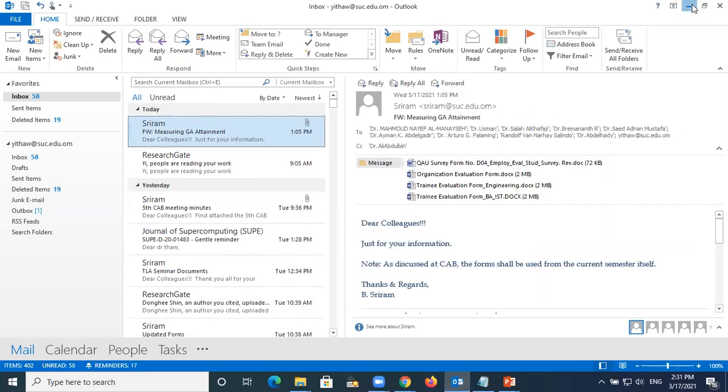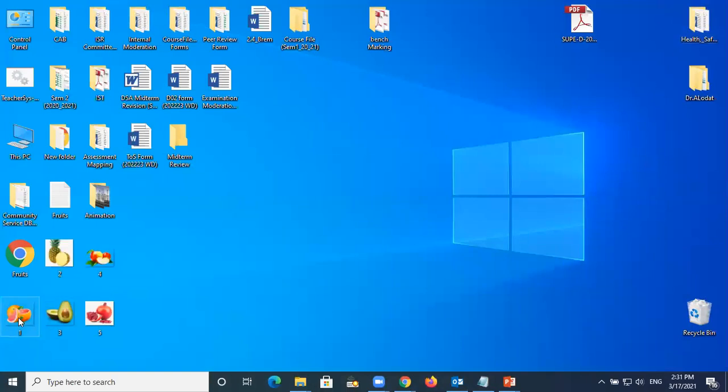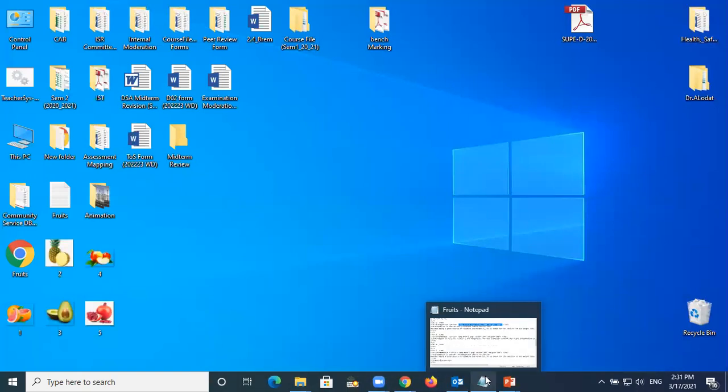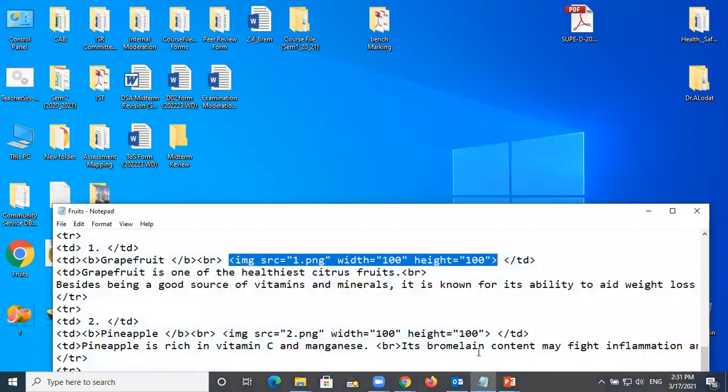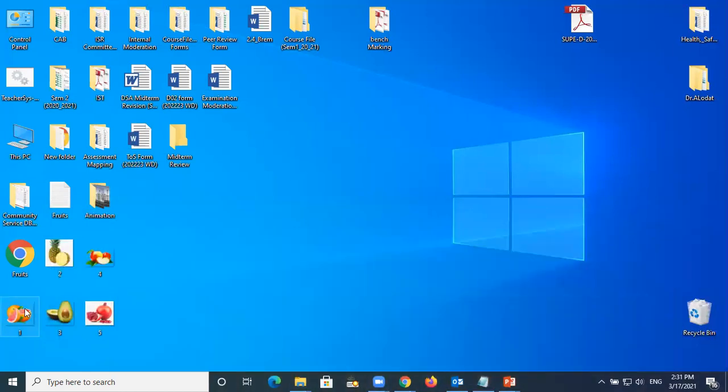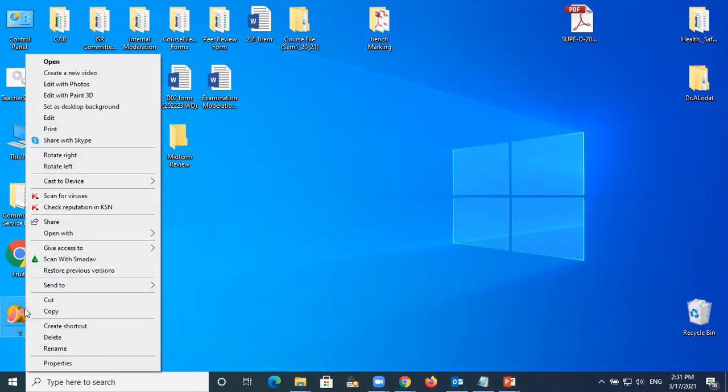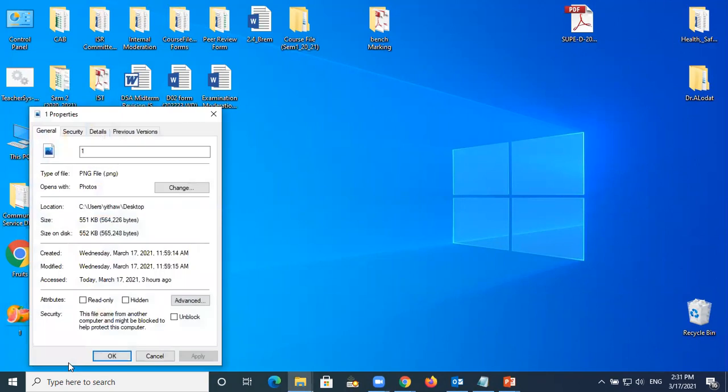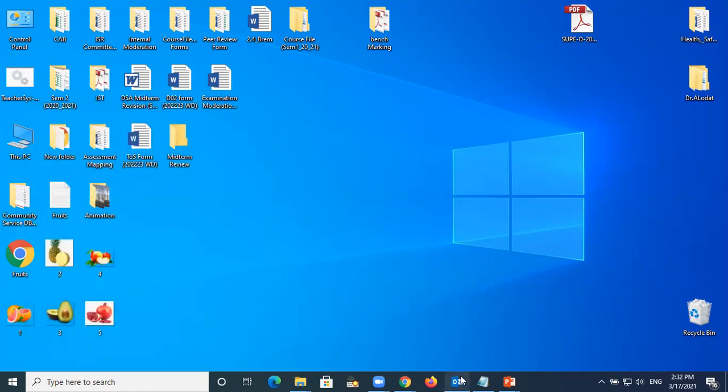Okay. So why do I have this here? How to put the PNG here is that you have to know the extension, right? I have here 1.png. So I believe you already know why I put PNG. If you want to know the properties, right-click and go to Properties here. And this property there is called the PNG extension. So the file name is 1.png. So that's why I have here